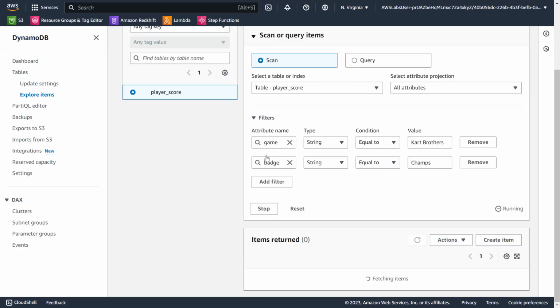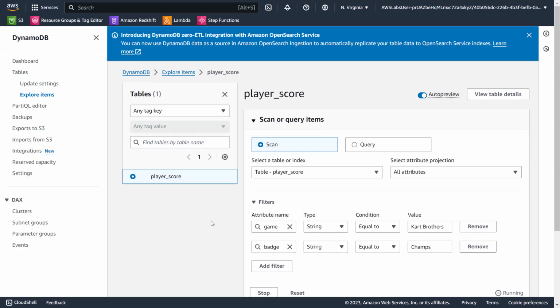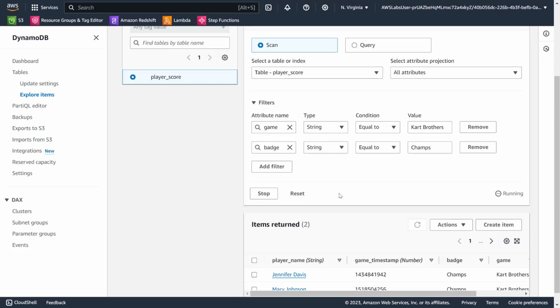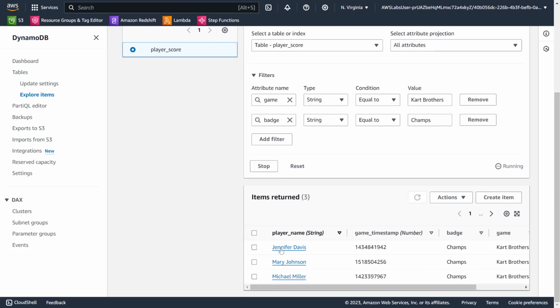Let's run it. Wow, we only got one record, but I don't know, for some reason, oh, it's still querying. Okay, query it out. Okay, this is slow, that's fine.